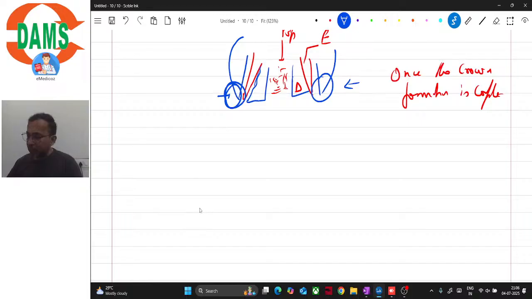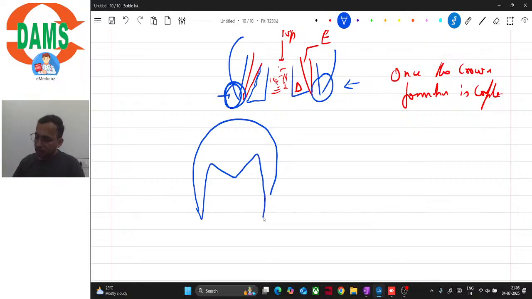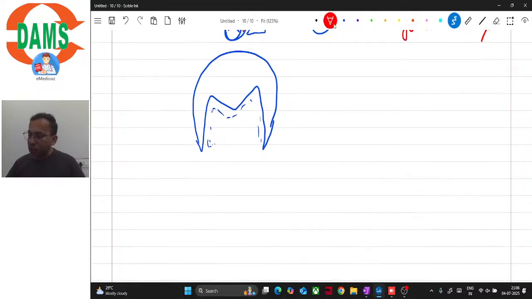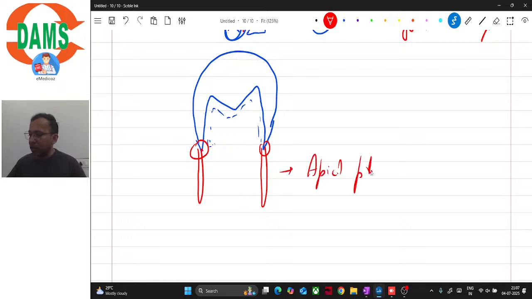Let's say, just to understand the things, this is the late bell stage, and the tooth will form, right? The crown will form here in this space. Once the crown formation is complete, the cervical portion proliferates like this, right? It will proliferate apically, and this apical proliferation